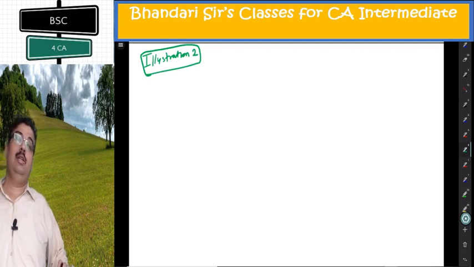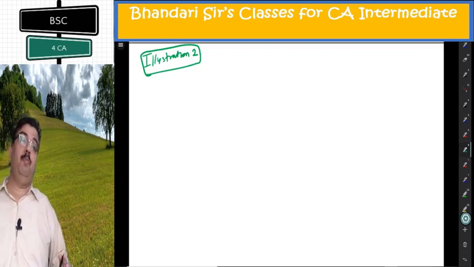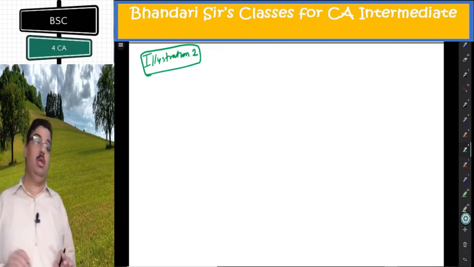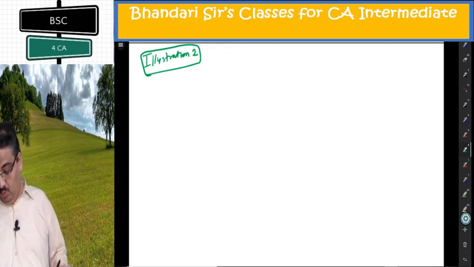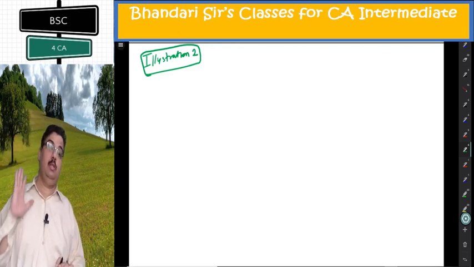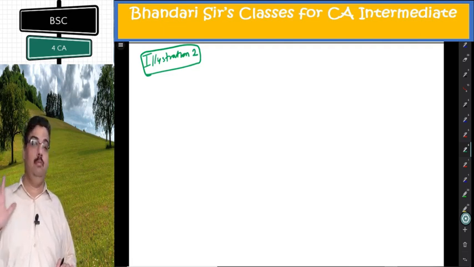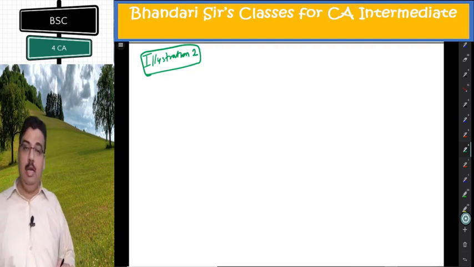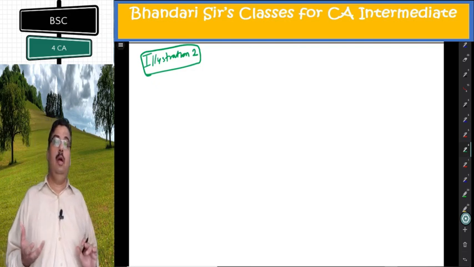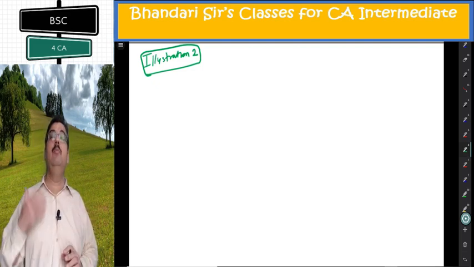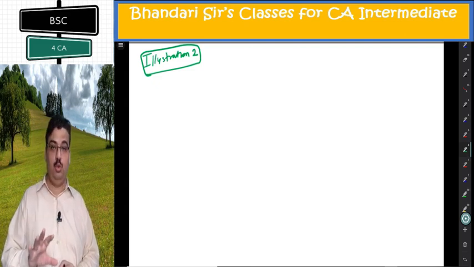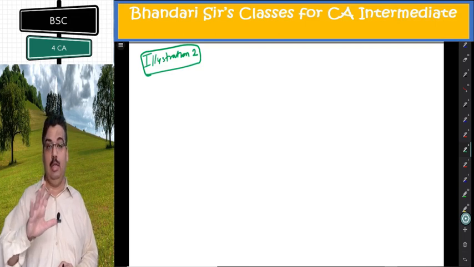Next I reach is illustration 2, which is a proper full-fledged question carrying 3 processes. We'll be having some abnormal losses, abnormal gains. The question wants you to calculate only cost of finished articles. Means after third process, whatever you are getting, he is asking cost of the same. But for that purpose, you will have to properly make process 1 account, process 2 account, process 3 account. And for your analysis and understanding, I will be making for you normal loss, abnormal gain account also, so that you can understand the concept more clearly in the question.